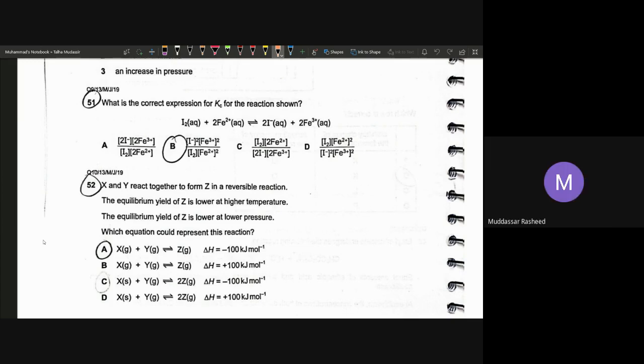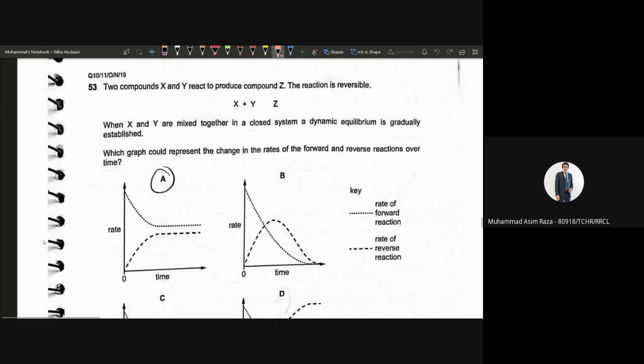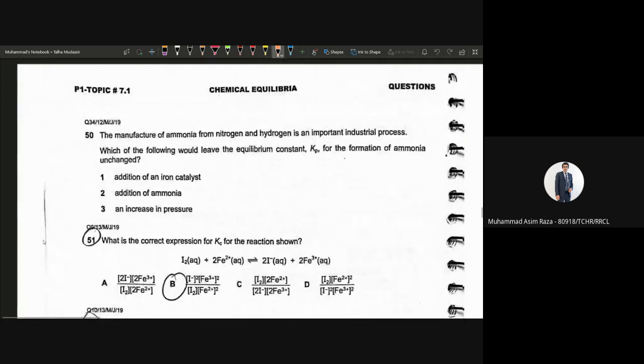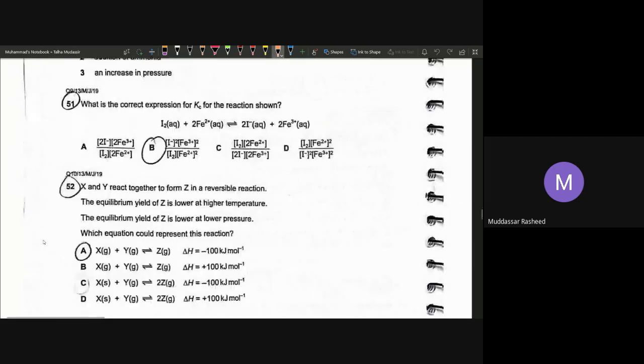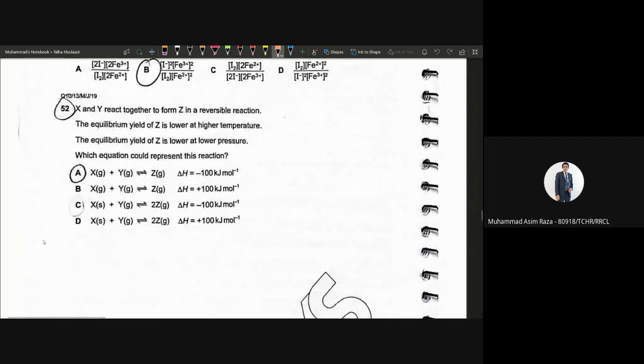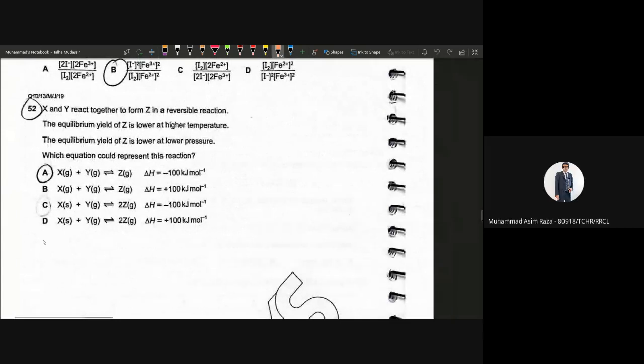अगर यील्ड इंक्रीज होती है तो फिर C होता। नहीं, देखो प्रेशर इंक्रीज करने से यील्ड इंक्रीज होगी और प्रेशर डिक्रीज करने से यील्ड डिक्रीज होगी। लेकिन वो डिपेंड करता है ना कि दोनों साइड से मोल किस में ज्यादा है, किस में कम है, और अगर गैसीय स्टेट में है या नहीं।